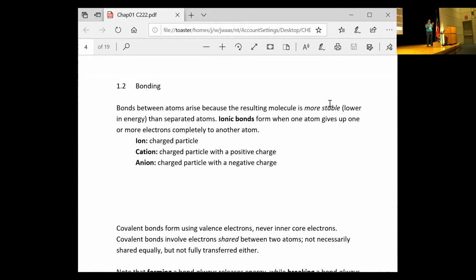There's nuclear repulsion because they're both positively charged, and electron-electron repulsion because they're all negatively charged. But at the same time, there are attractive forces between the electrons in one atom and its nucleus, and also the electrons in one atom and the nucleus of the other. And so there's some ideal distance at which all of that balances out as well as we can hope, and we call that the bond